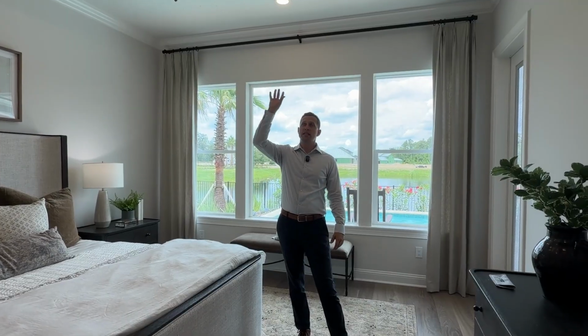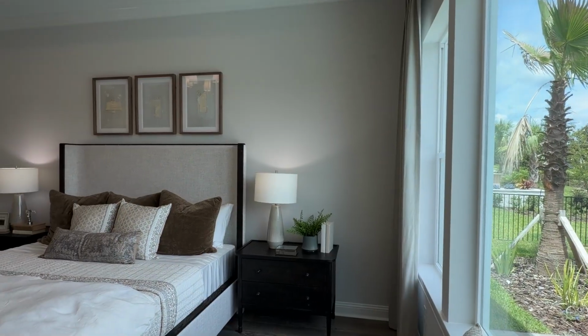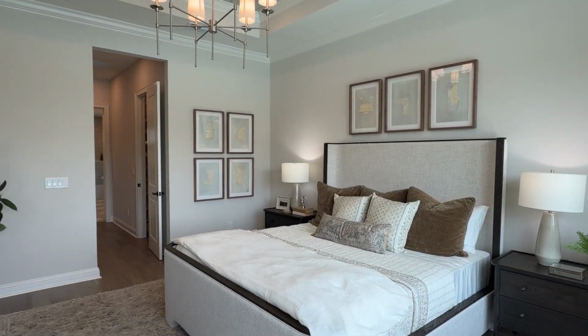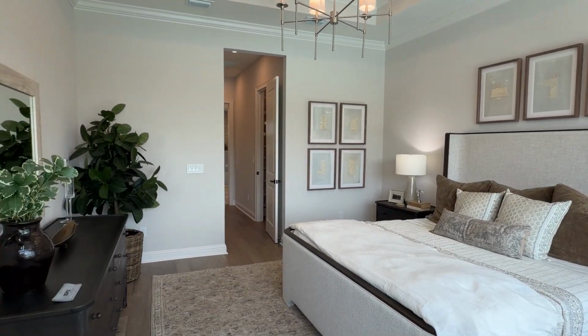And they also did a wood inlay in here, so it just helps break up that monotony of just that drywall knockdown ceiling by kind of changing it up with some wood inlays in it as well, and it changes the color some too. But this is a great size space. You have nightstands on each side, you have that king size bed, we have our dresser off to the side here as well,